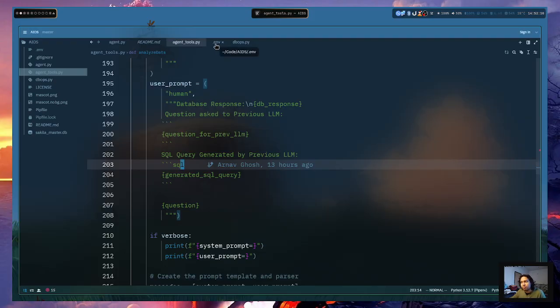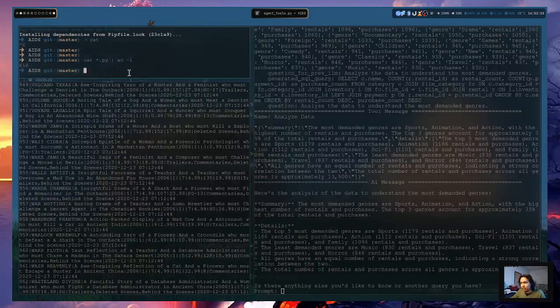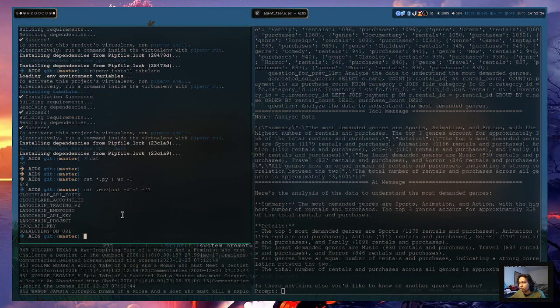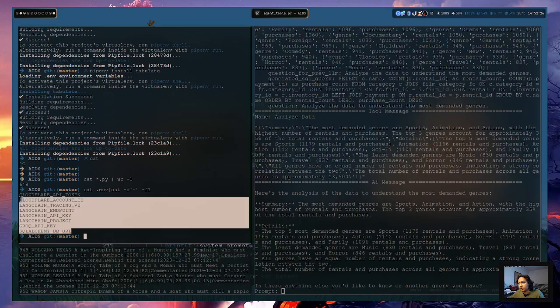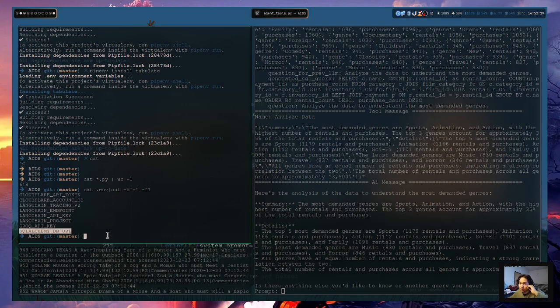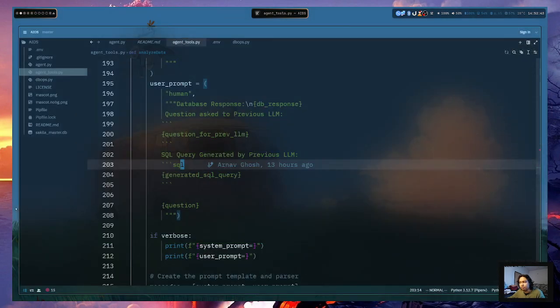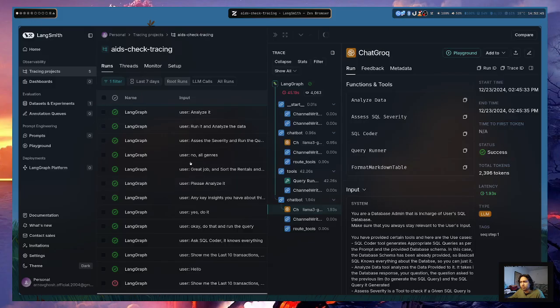I don't want to show you the .env file, but let me quickly do this. cat .env, cut -d equals and the first field. So you need these things. The SQLAlchemy DB URL is obviously the database URL, the SQL database URL, and then the Groq API key. You might not need this. These four are not important. This is primarily for debug, because as you will see, I am able to inspect all the requests here because of this.